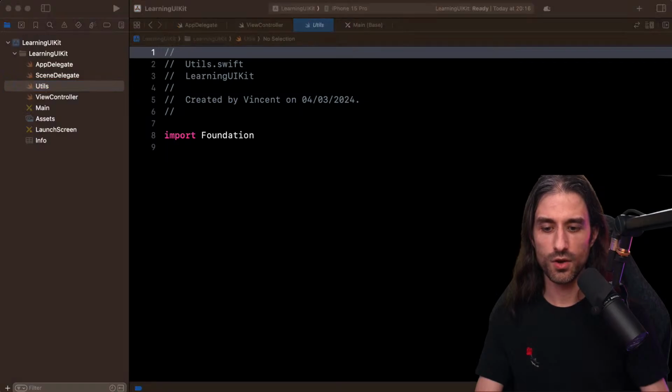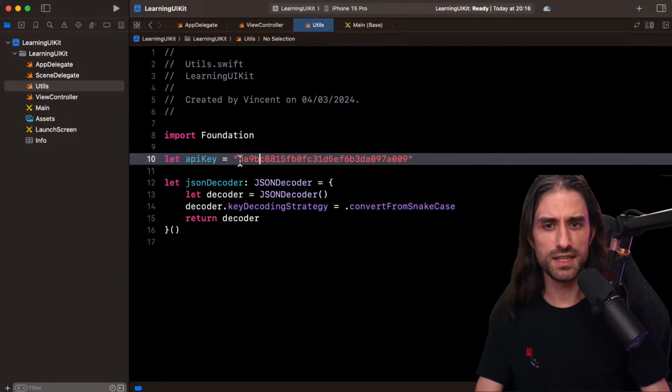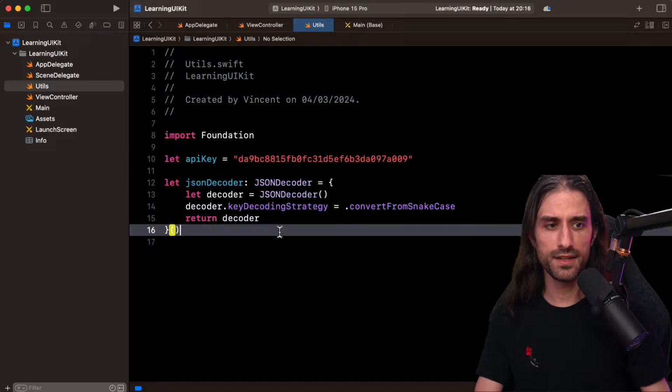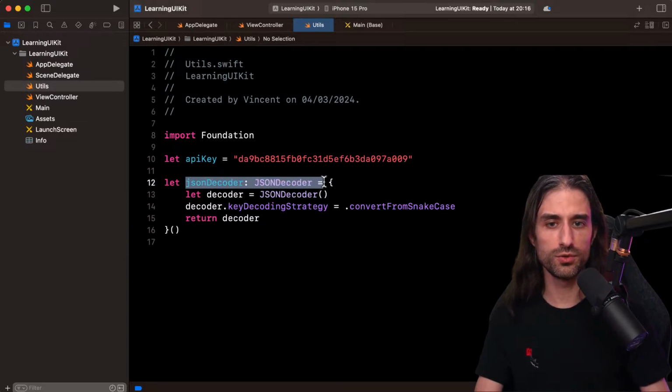In this file, what am I going to put? I'm going to put two things: the API key I'm using to query the API, and a JSON decoder that has a key decoding strategy, so it's going to convert from snake case. This way we'll be able to reuse the decoder in all of our API